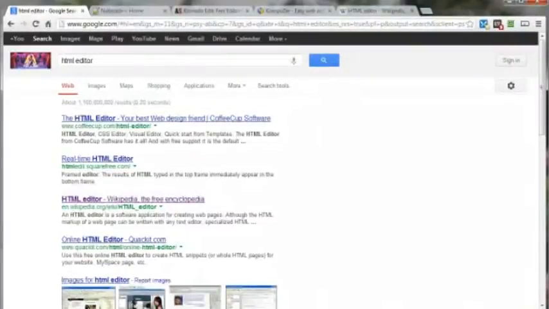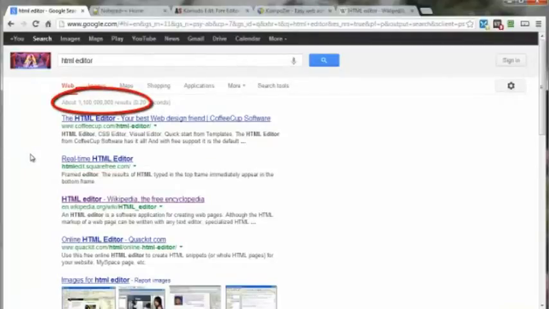In order to create HTML pages, you will need at least two things: a browser to view your creations in and an editor to create them with in the first place. This video is going to cover the editor part of those two items. Now, when it comes to choosing and using an editor for your HTML pages, you've got a boatload to pick from. As demonstrated here in this Google search results page for HTML editor, there's a little over 1 billion options